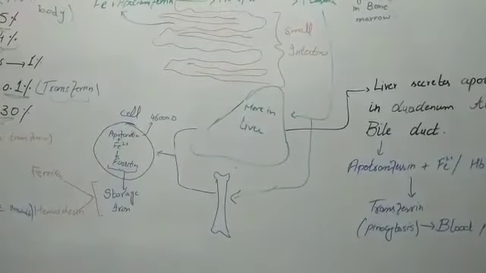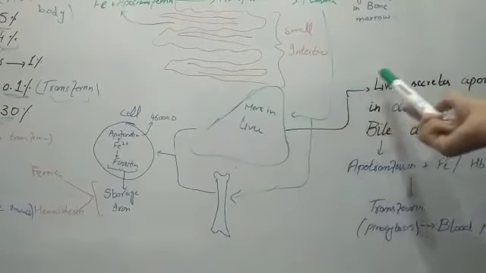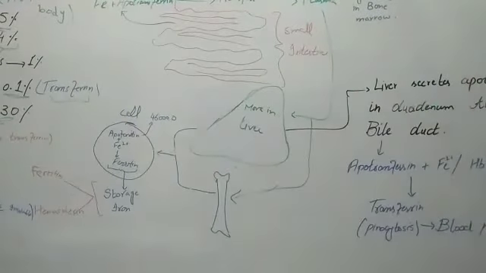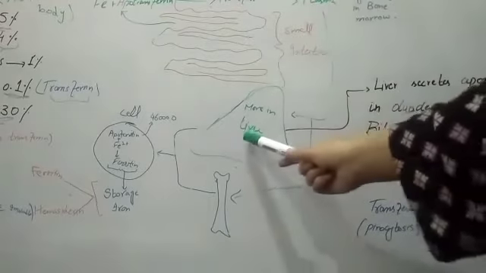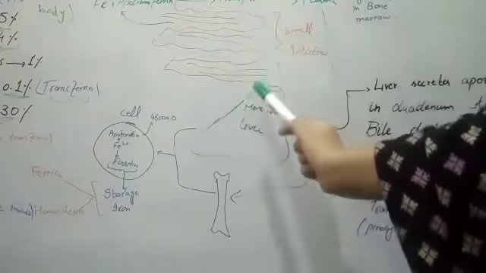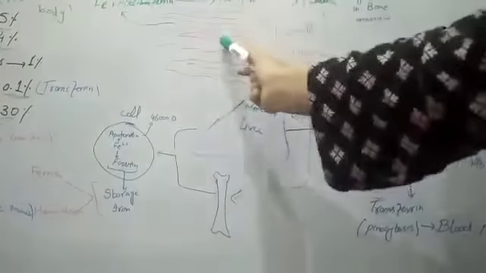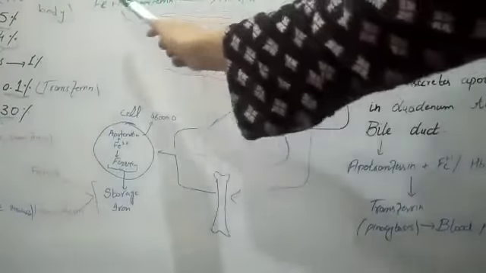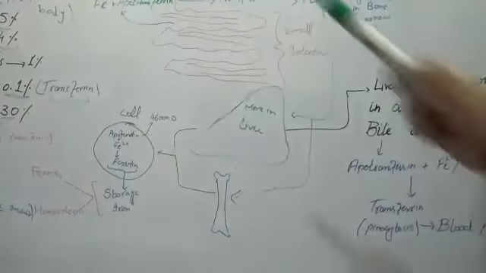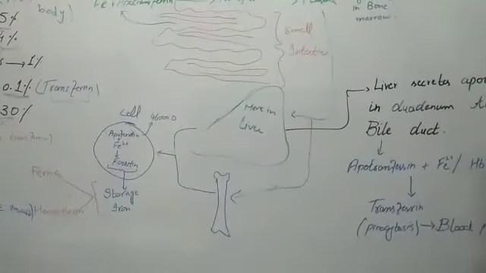Now the last thing about our lecture: the liver secretes apotransferrin into the duodenum through the bile duct, because here iron is absorbed. The liver secretes a small amount of this apotransferrin here, so that apotransferrin can combine with iron, or with hemoglobin or myoglobin if we are taking meat in our